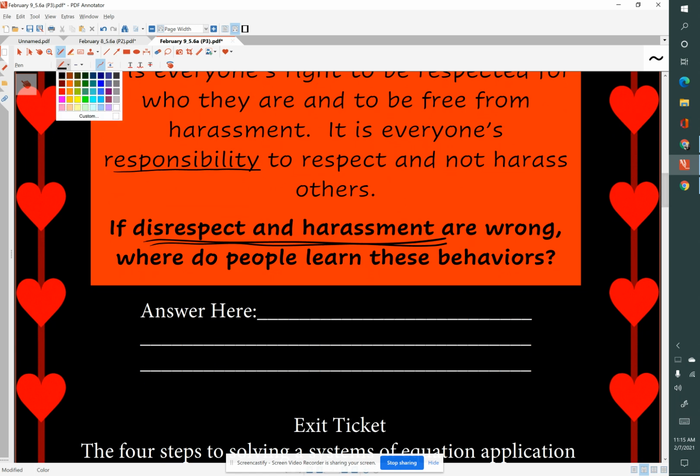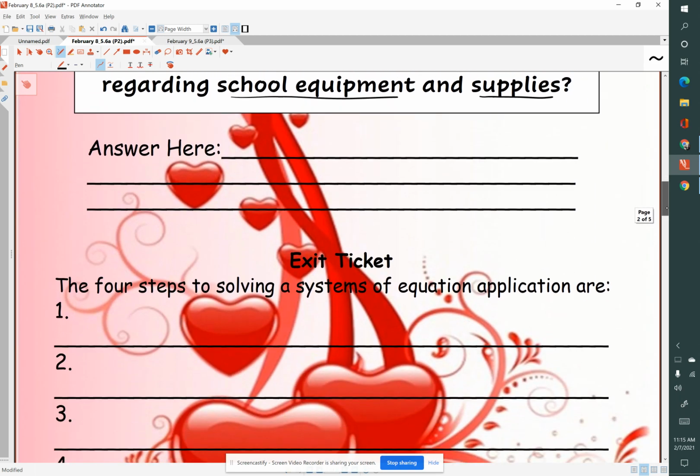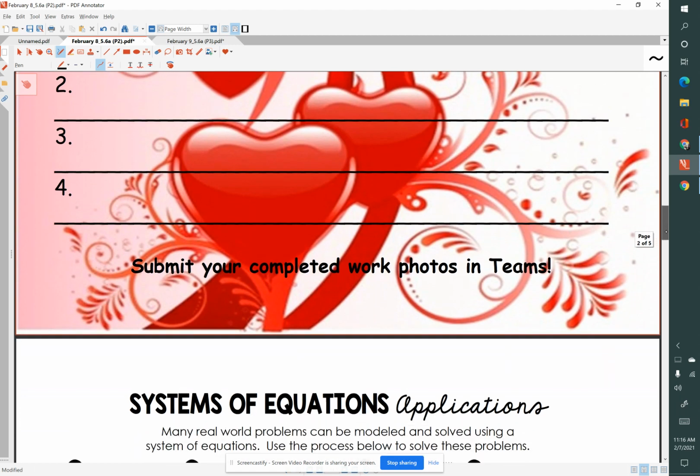Where do people learn those egregious behaviors? It had to come from somewhere. What's going on? And if we know where those behaviors come from, sometimes it gives us an understanding of how we can help them get through that and turn around. So, whichever day you are in, please work on your do now. And we will come back to our exit ticket, pretty fancy with all those Valentine's